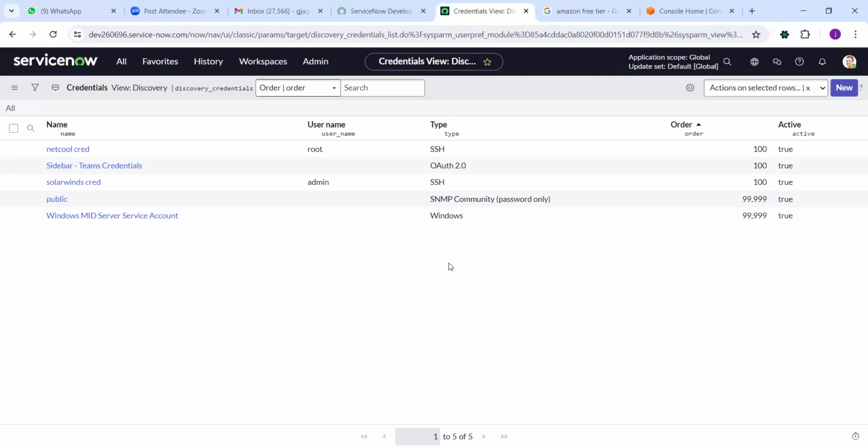Okay. So what happens? Secondly, you will be taking another credential and it will be checking. Now this credential has been matched. The second credential has been matched. Listen, it will put the inner order for it, like 1 or 2. Because whichever credential matches the last discovery, that credential will come and sit in the order 1. So during the next discovery, it will come and check your first order, whichever credential passed in the last discovery,